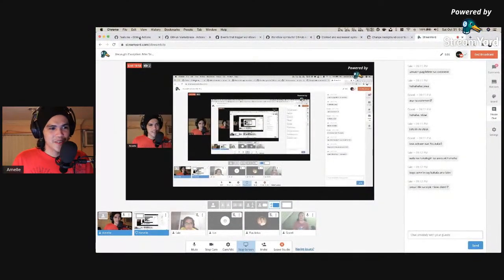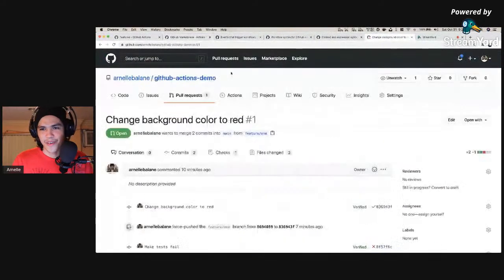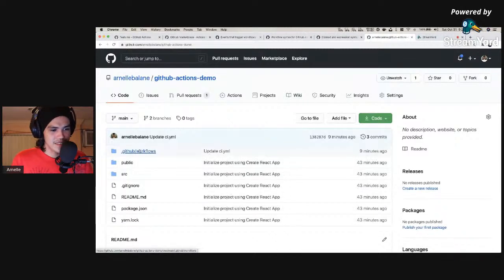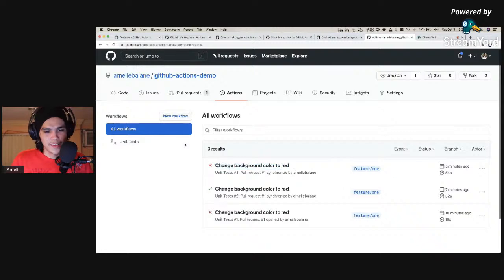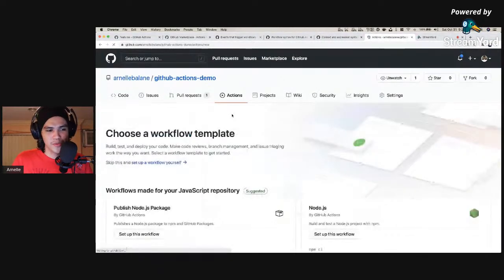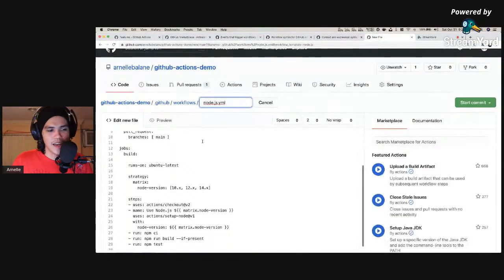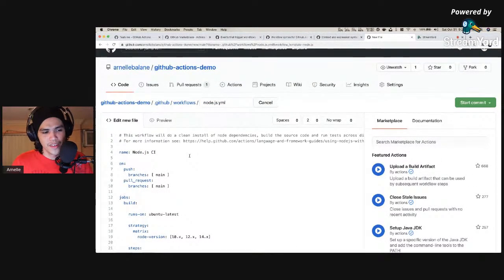Let's try to add another workflow. So in our repository, back to actions, and currently we only have the unit tests workflow. We can create a new workflow. We can just use the same thing, and we can edit the config to, let's say, deploy